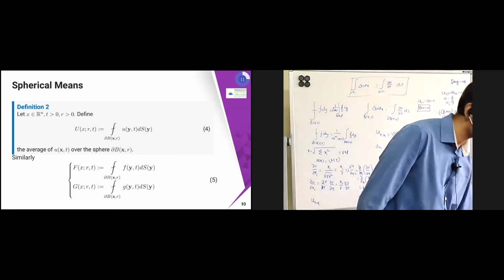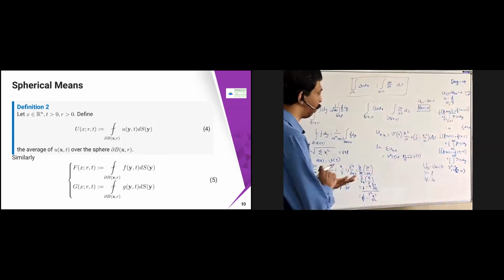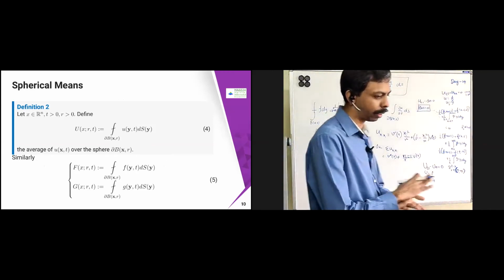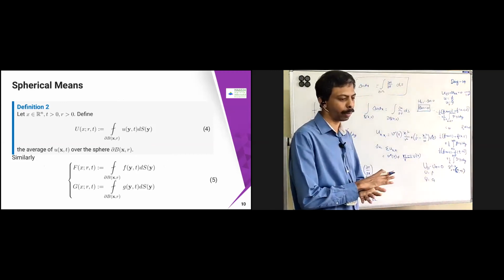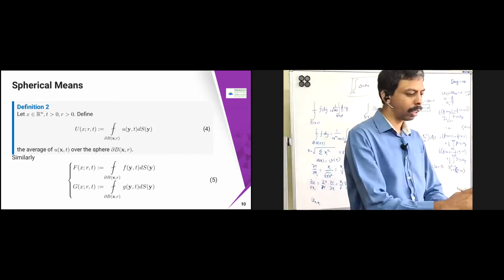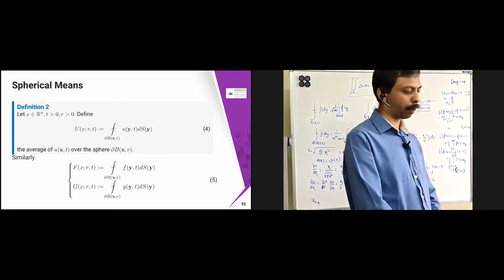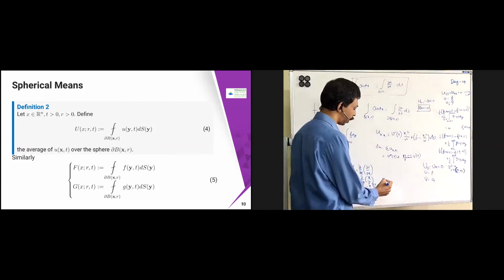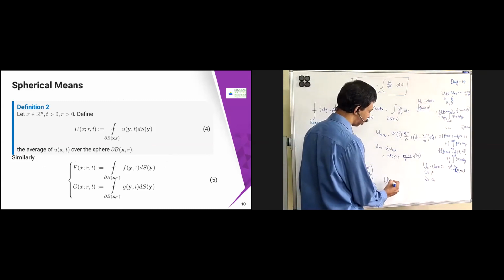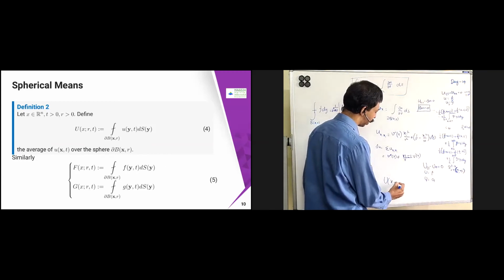Okay, so how are we going to define that? Now, what we are going to do is define something for the spherical mean. Let's take x belongs to R^n, and t greater than 0, or r greater than 0. I am going to denote something like capital U. I'm just going to define capital U(x, r, t), which is